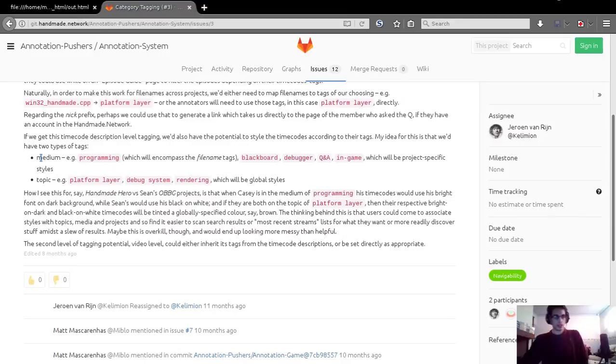So as mentioned the other day, we've got these two types of category tags, medium and topic. I'm going to hopefully try and do both of them today actually. And I think as a good test, we could start by doing the Blackboard one. I don't think we'll have a debugger category anymore. Q&A, yeah, we will have one for Q&A,